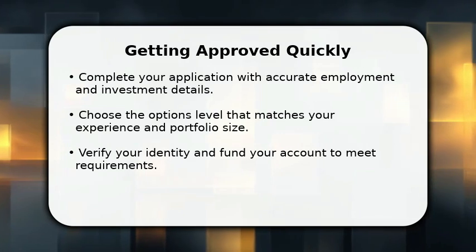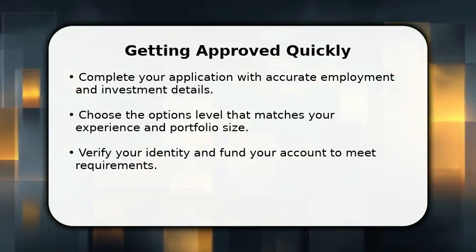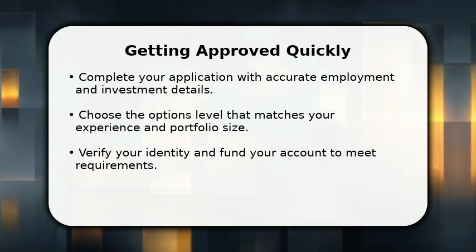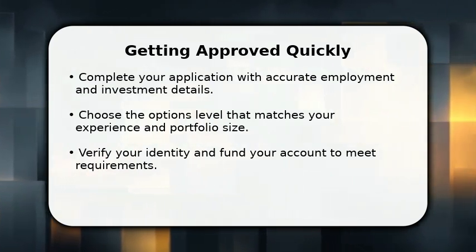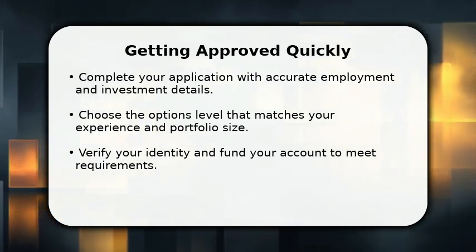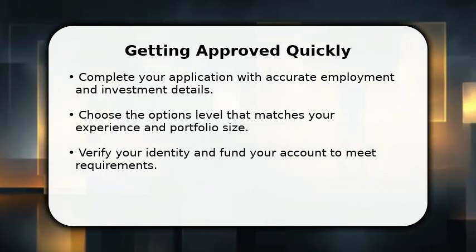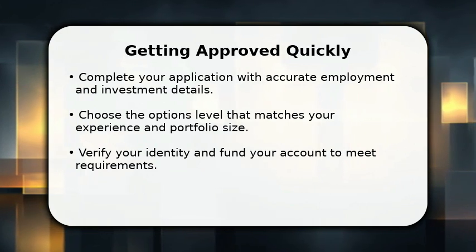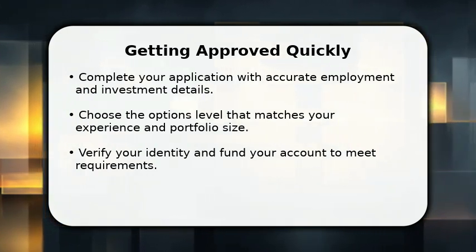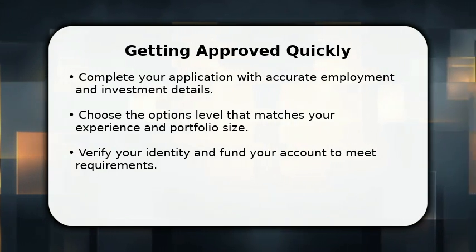In this video, I will explain how to get approved for Webull options, an easy guide. Complete your application with truthful employment and investment details, and choose the options tier that fits your experience. Upload a clear government ID, link your bank, and fund the account to meet margin or day trading thresholds. Read and accept Webull's options disclosure, practice with paper trading to build experience, and request a manual review if automatic